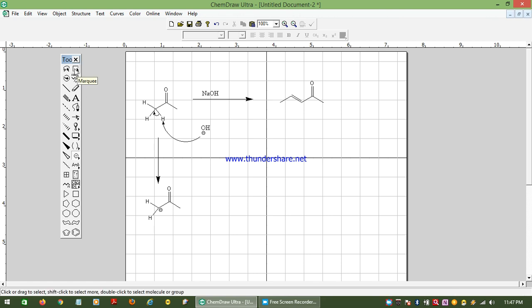Also there is a facility to write some aromatic compounds like this, some cyclohexanes we can write. We can join them with each other. We can have facility of writing this. This we can join with another molecule like this. For example, if you want to join this with the 5-membered ring, like this we can join.